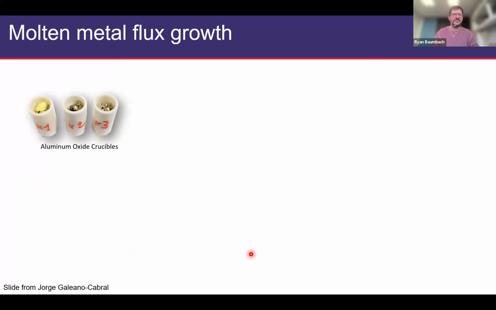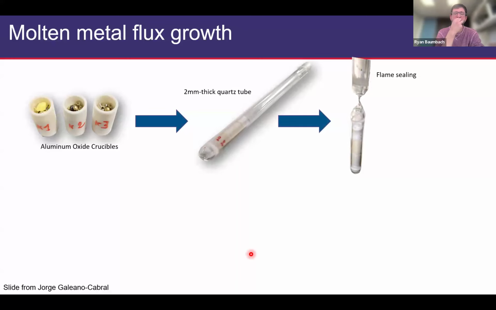And I promise I'm almost done. Well, what we're going to do is take our elements in a ratio where we think we're going to be able to create a melt. You'll very often need to put them inside of a crucible. Here we have aluminum oxide crucibles, but there are many others to be considered. A standard thing to do then is to place these inside of a quartz tube. The reason for this is that when we heat elements up to high temperatures, if we just do that in air, it's very likely they're going to interact with air and produce something that we don't want, right? So you want a convenient way to protect them,